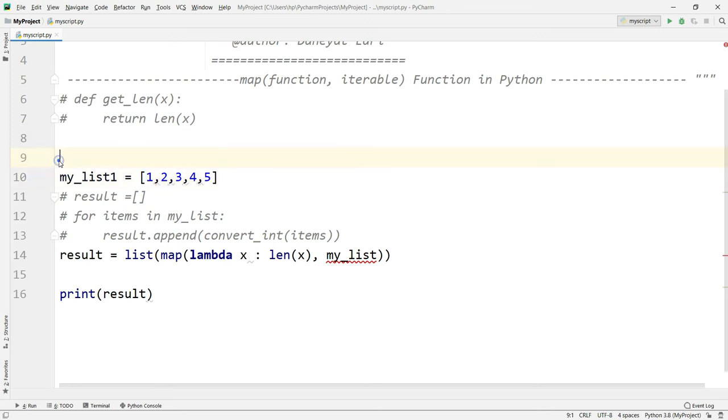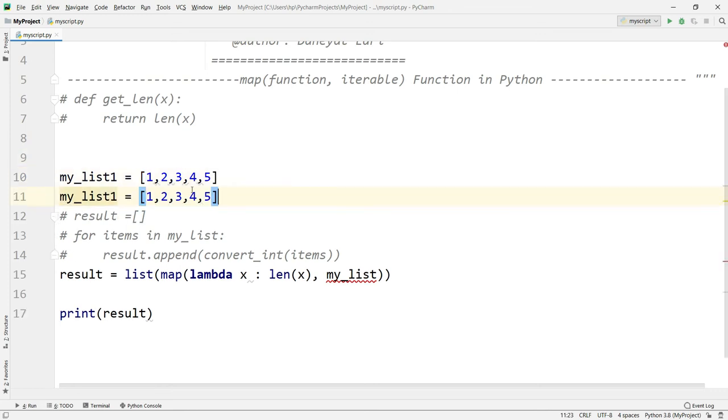Let me paste it, and this is your list 2, and it has some elements like 10, 20, 30, 40, and 50. This is my second list.